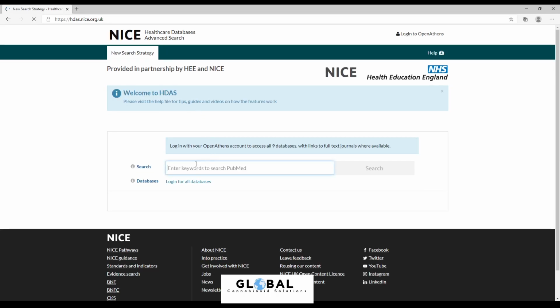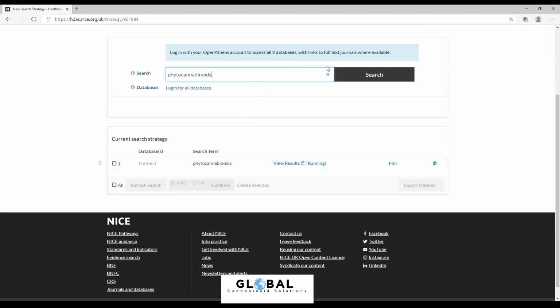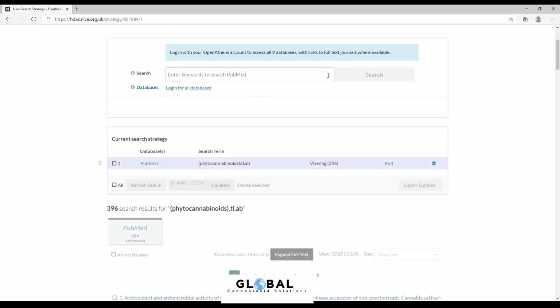Now, this is for my own personal interest. Since I last looked, I think there was maybe 18,000 papers on the therapeutic properties of cannabis, and so this is my magic search term for all things cannabis related. Because again, if you're not wanting to just look at cannabis, you can narrow it down to, say, cannabinoids, or there's then phytocannabinoids, you can look at endocannabinoids,